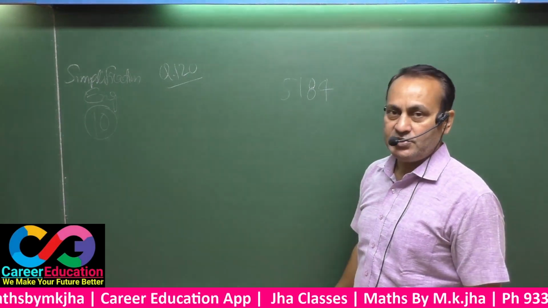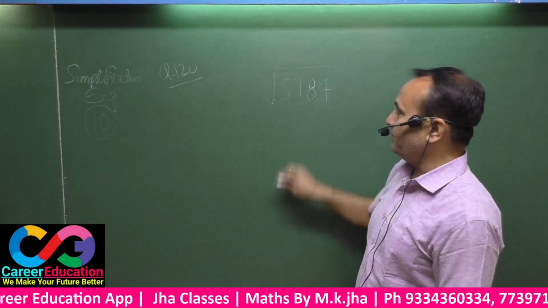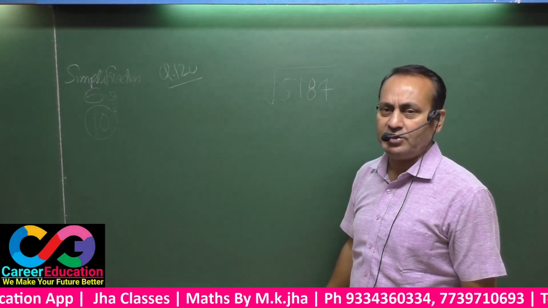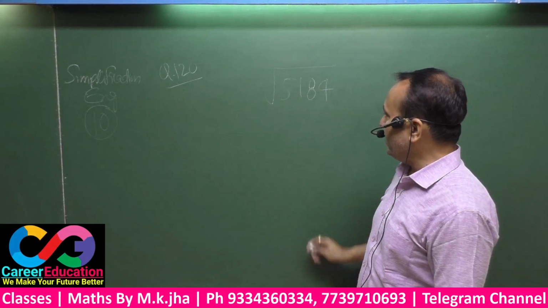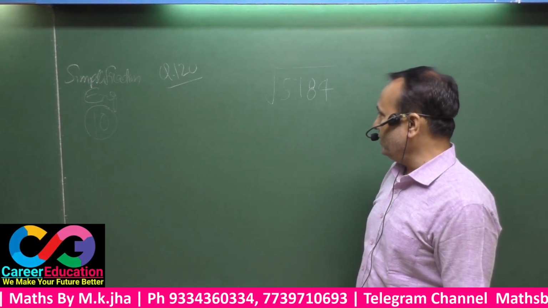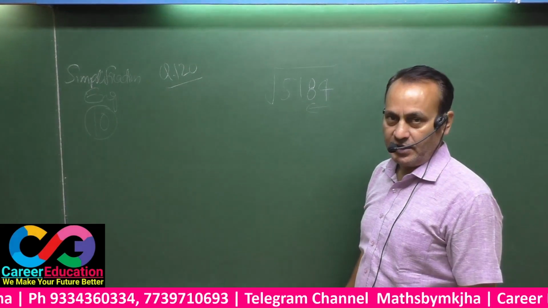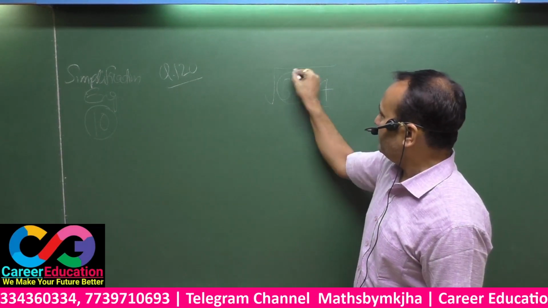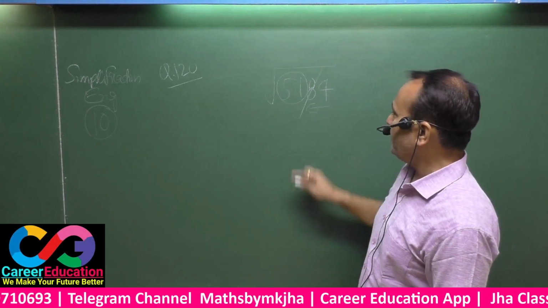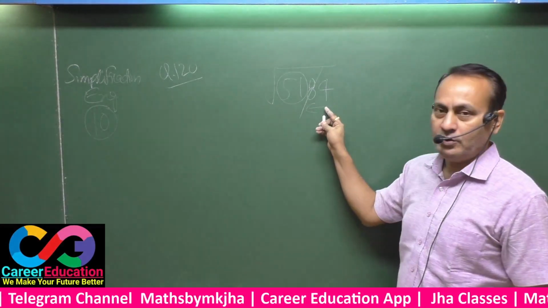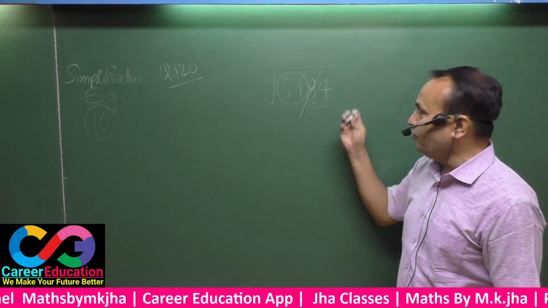In such types of questions we have to take the square root of the given rupees. That means we have to take the square root of 5184. By the guessing method, we find the square root of this. For that, make pairs from right to left, and the leftover will be a single group. Now think about the digit: after squaring, the unit digit must match.